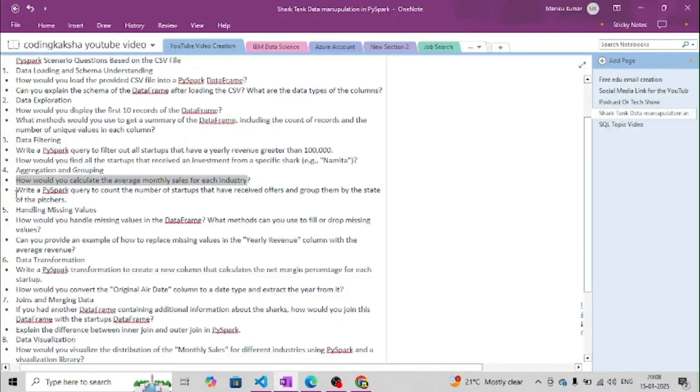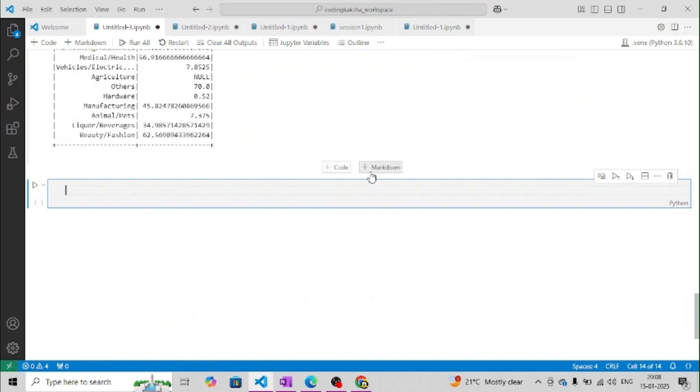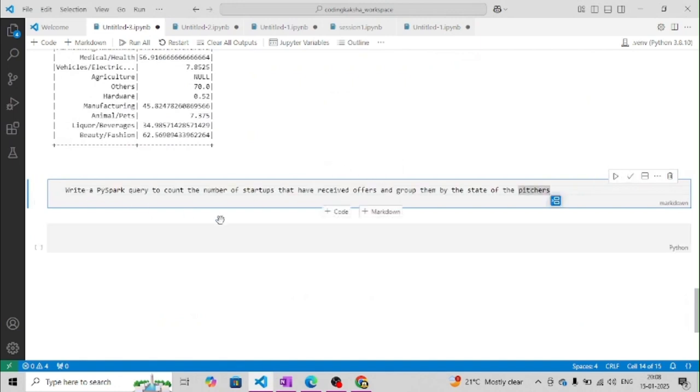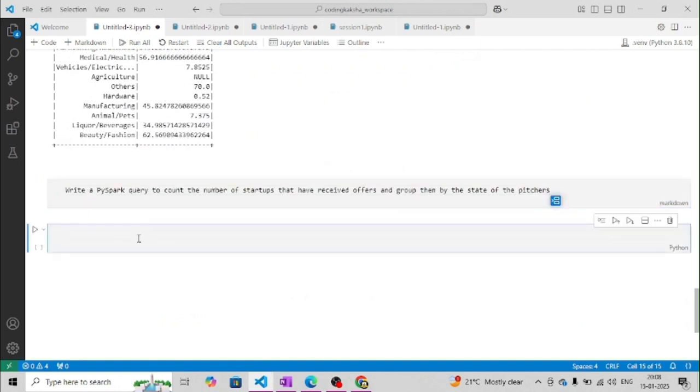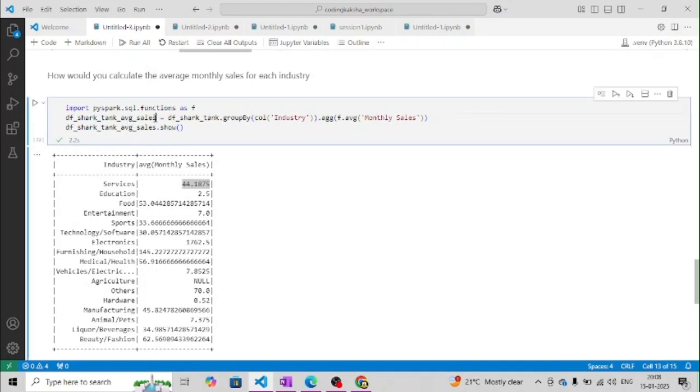Now, the next question, right? Try to count the number of startups that had received an offer and group them by the state of the pitchers. So just take this one. This is a little bit tricky. Now what we have to do is write a query to count the number of startups that received an offer. Okay, so just give this